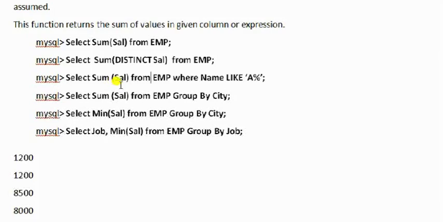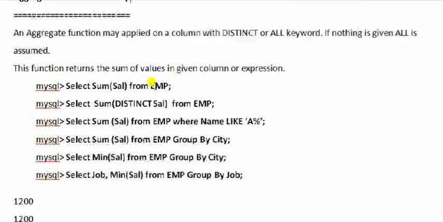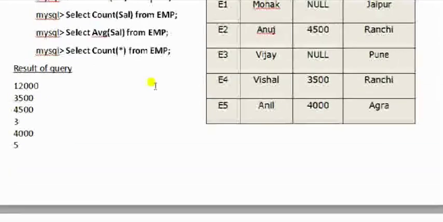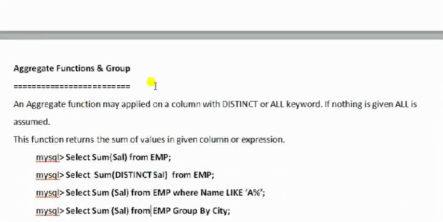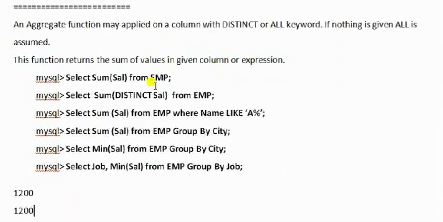Then select sum of sal from EMP where name like A%. So all the names starting with A will be calculated. So there are 2 names, and values are 4500 and 4000.